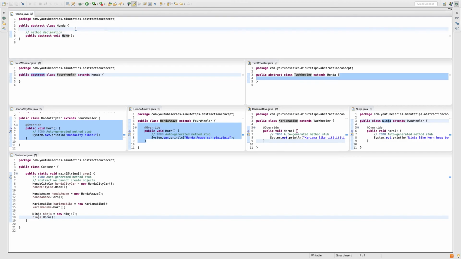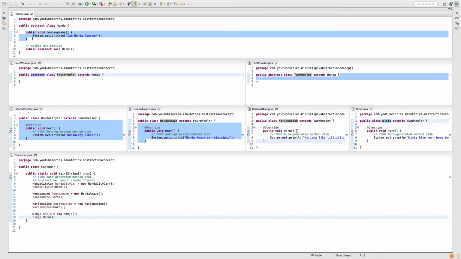Also guys, it is not the case that we can only write abstract methods in an abstract class. We can write a normal method also, public void company name, and I can do sysout I am Honda company, and as I am doing inheritance, this method company name I can access from any child classes.